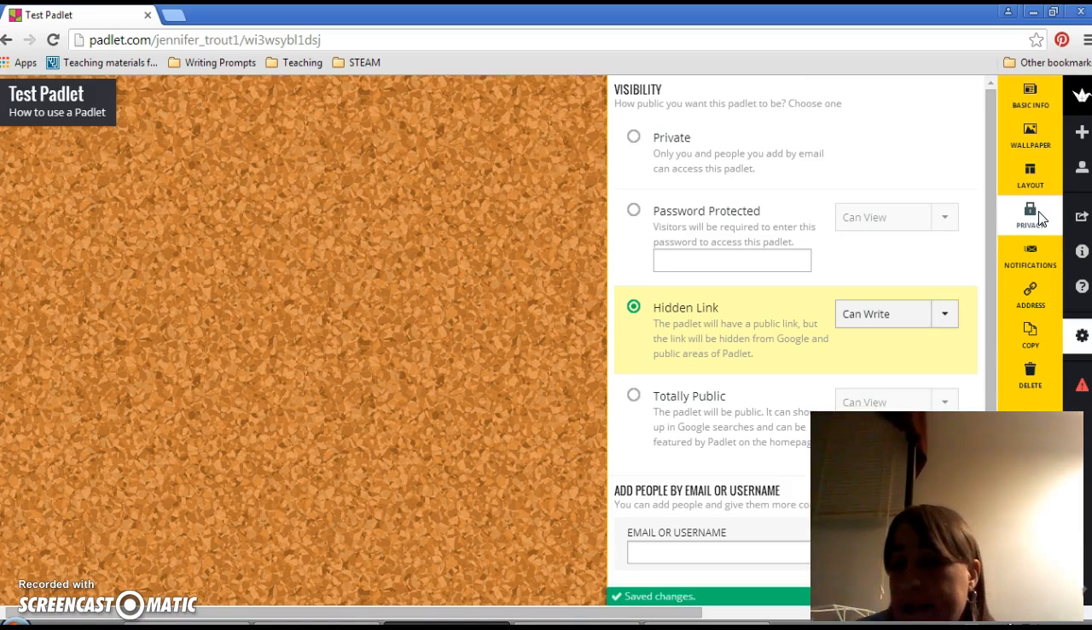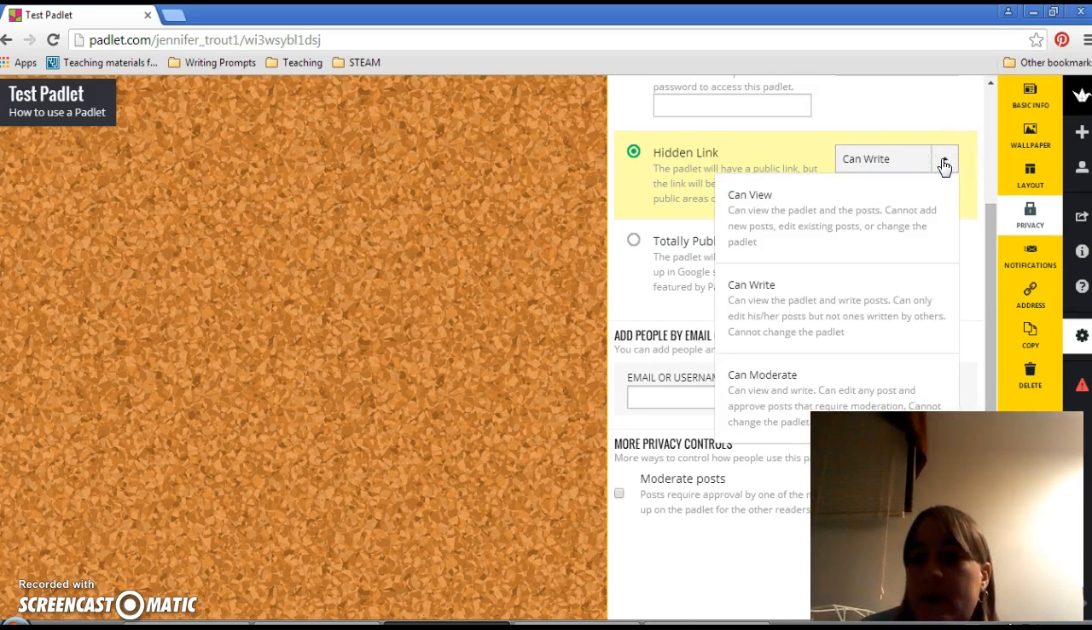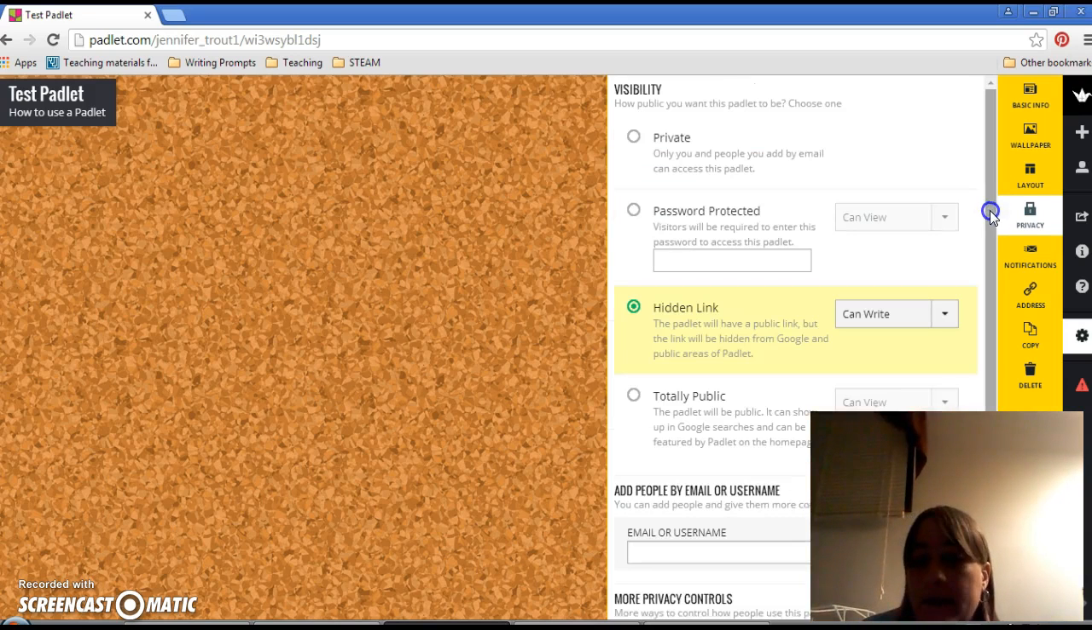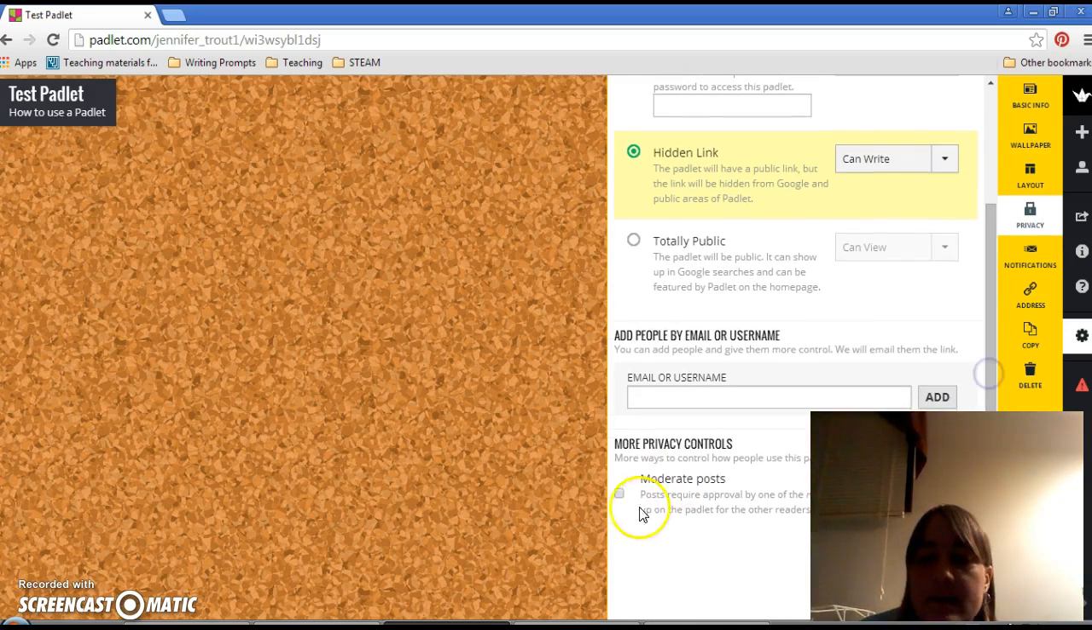Privacy: I can set it to being private. I can create a hidden link, and I can share the link with my students, allowing them to write, or I can choose view. They can only view it and not write their responses on here. It's important to keep it as a hidden link. Also down below here,